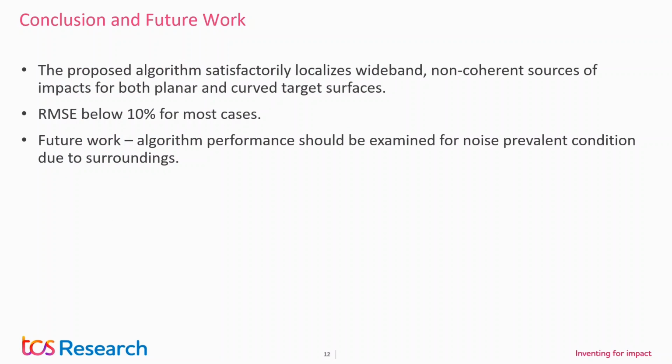The RMSE result was less than 10% in all the cases. And up to this point, it was reported in IEEE Sensors, but from here, we have increased quite a bit. This, although much better than the existing algorithm, takes much more time than the existing algorithms, like 21 seconds for one impact. So from there, we have also band limited the filtering, and now we are at like 4 to 5 seconds to find one impact position. So I think this is it.